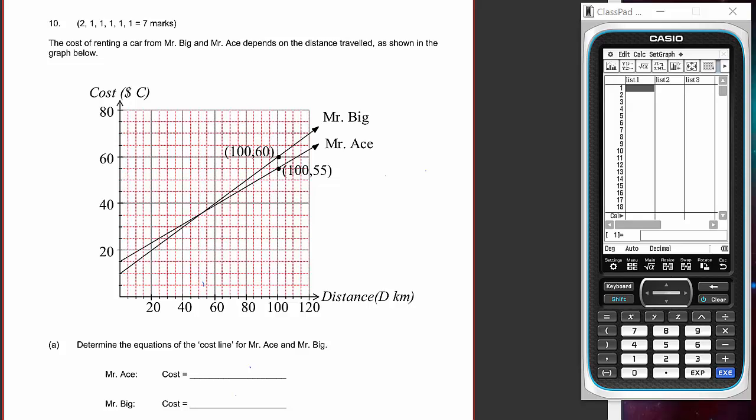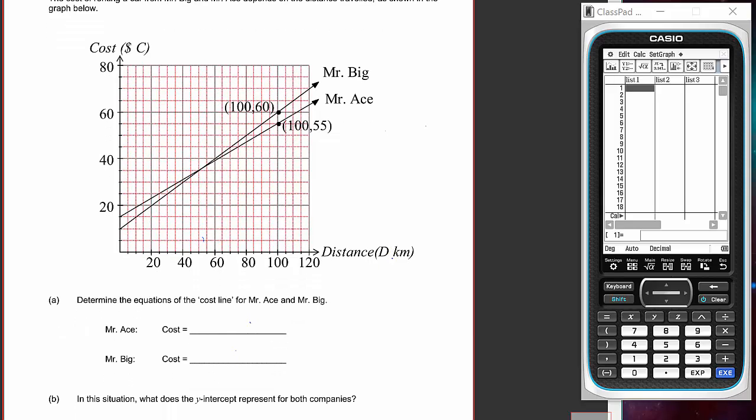The cost of renting a car from Mr. Big and Mr. Ace depends on the distance travelled, as shown in the graph below. We want to determine the equations of the cost line for each one. Well, if we look at Mr. Big, the lines cross here, so the intercept there is 10,